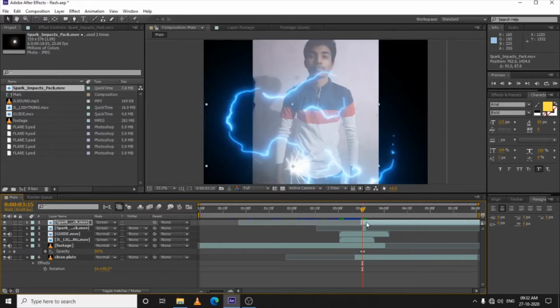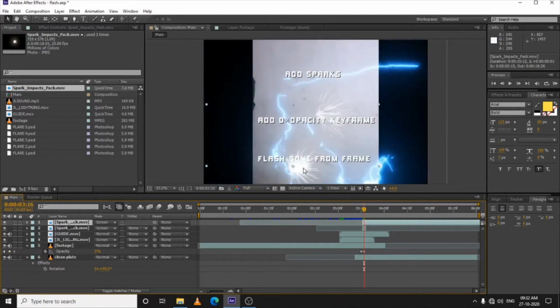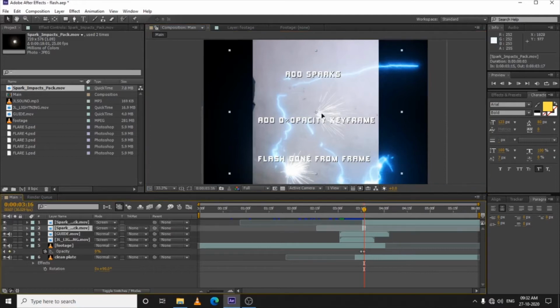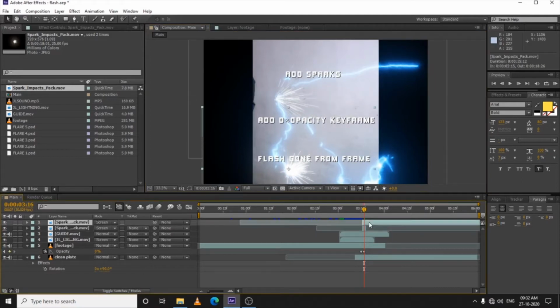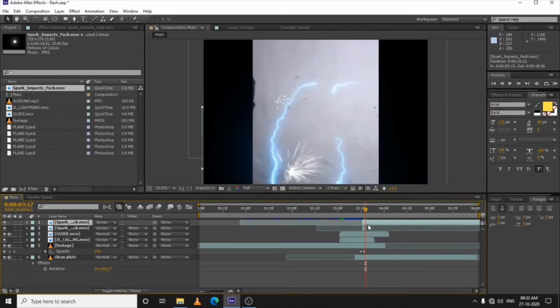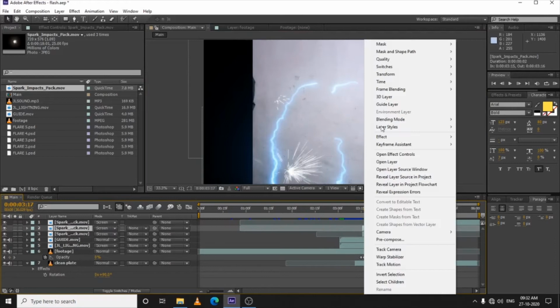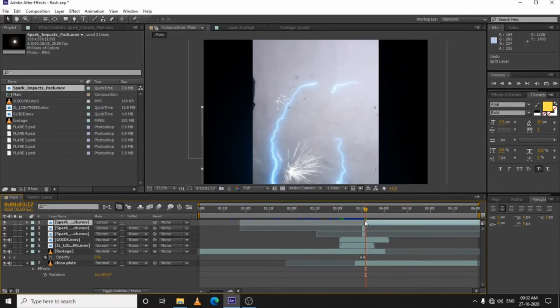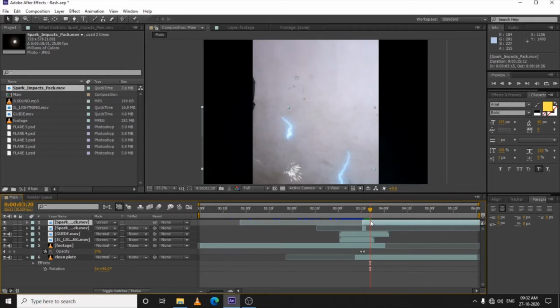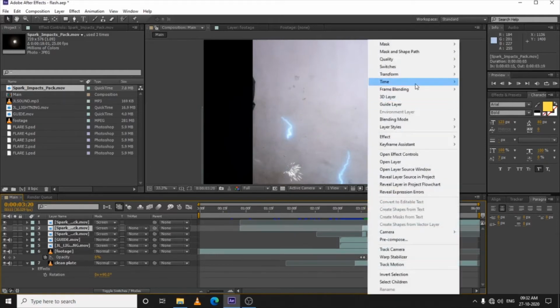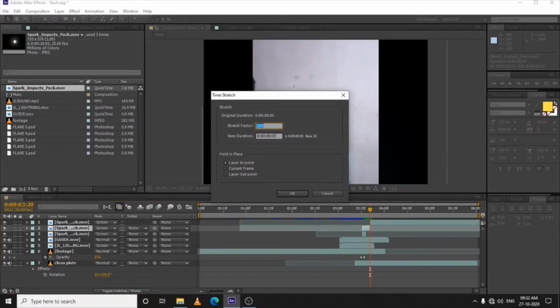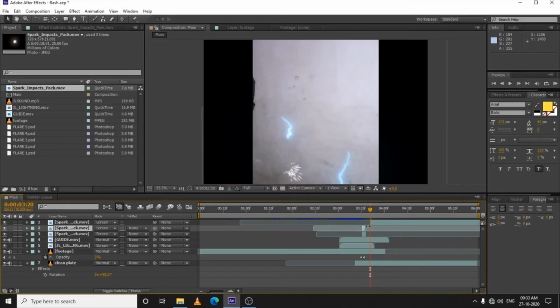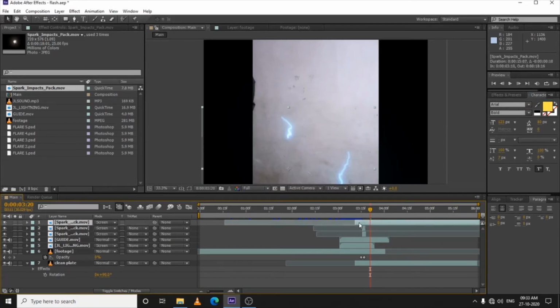Okay, on this frame we need sparks only. Yep. On this frame, let's just change its position to here and the below one's position to here where the lightning is. Let's select it, drag it forward, Control Shift T to split, right click. Okay, let's wait until it ends here. Control Shift T, right click, time, stretch. Let's just make it 50% again, or we can just make it 2 frames long, like this.